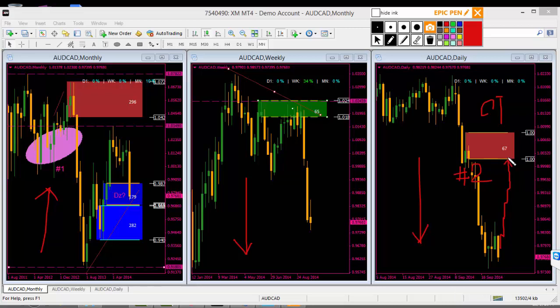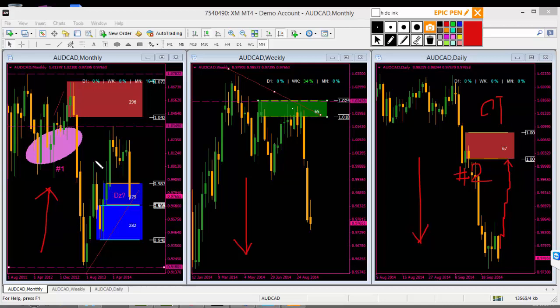So this is you looking to sell. Now you can see that when we look at these 3 time frames, the higher time frame is up, weekly is down, daily is down. You see, both the daily and weekly are trying to align themselves with the monthly uptrend, because the monthly is up. Monthly is the high time frame. It means that it has the